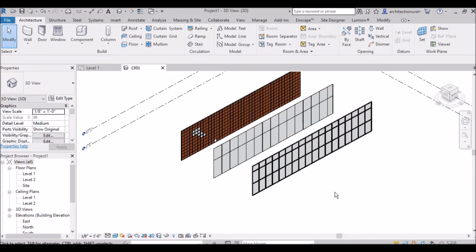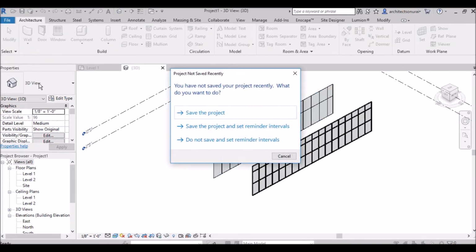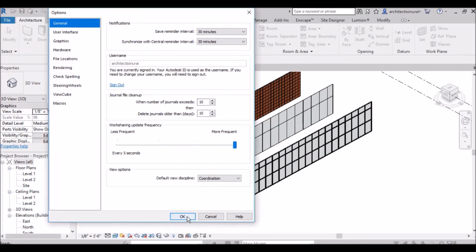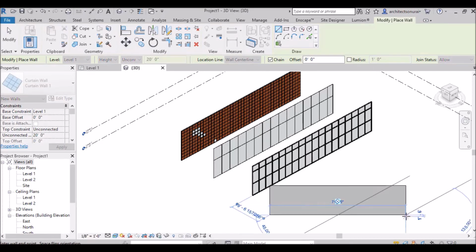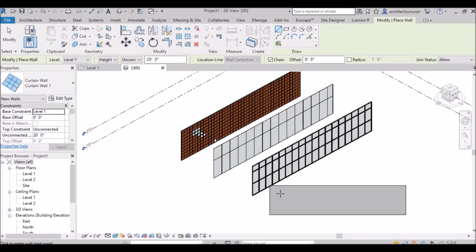And in the next video tutorial I will continue with this curtain wall and show you some more changes which you can do. Also, before ending this video, I would like to tell you about how to change this curtain wall with another method. I will go to Architectural, go to this curtain wall, and draw another curtain wall, and this is a glass panel. So this is the advantage if you make a duplicate of your curtain wall or whatever wall, floors, roof. These changes will not apply to your default